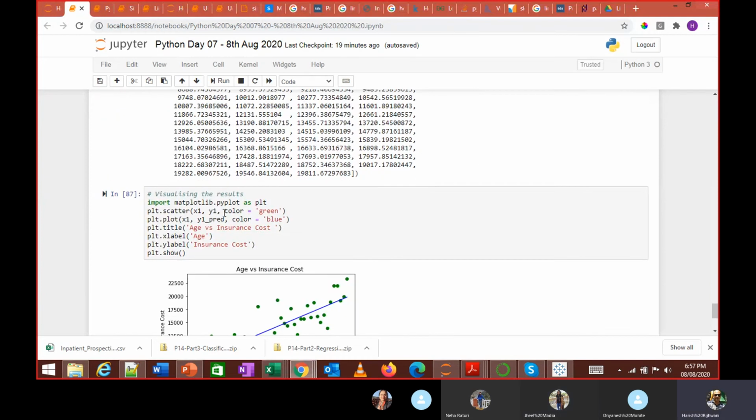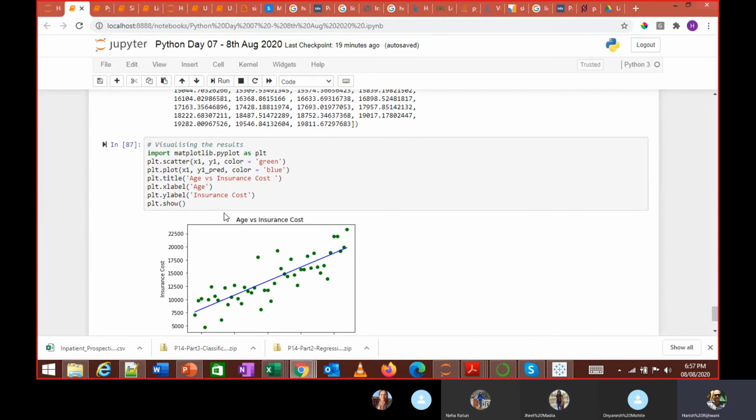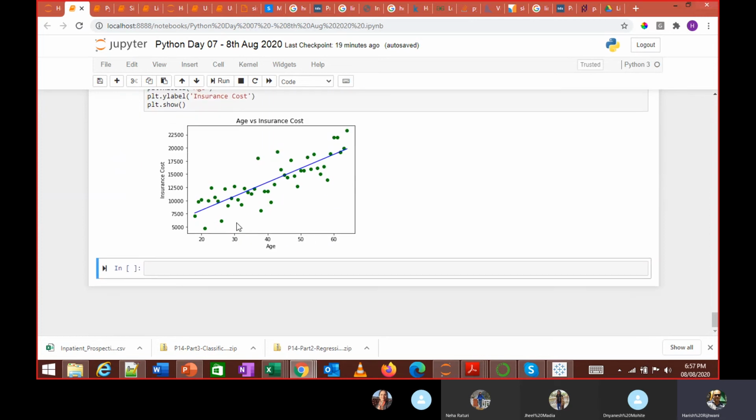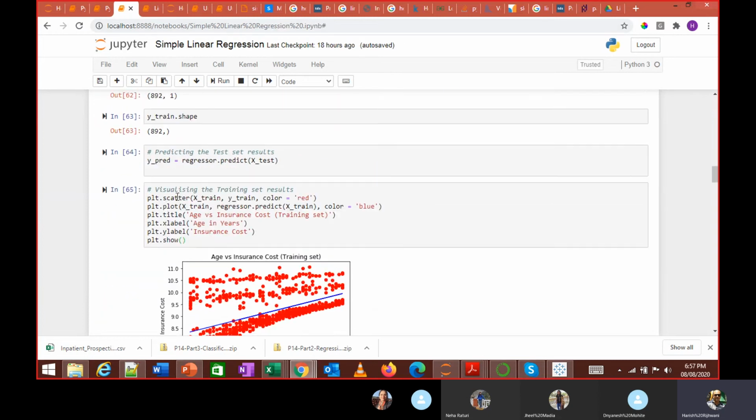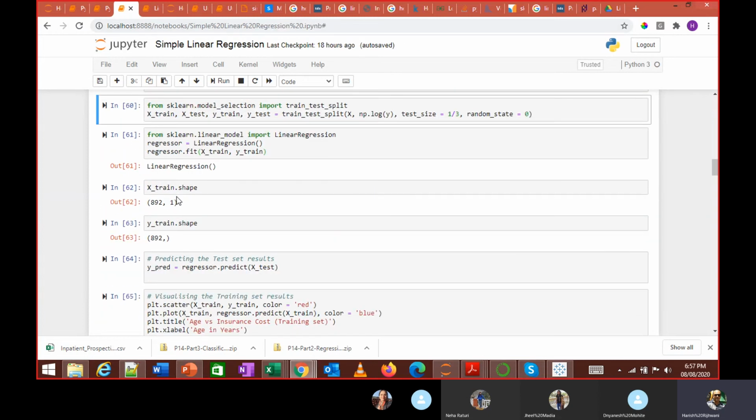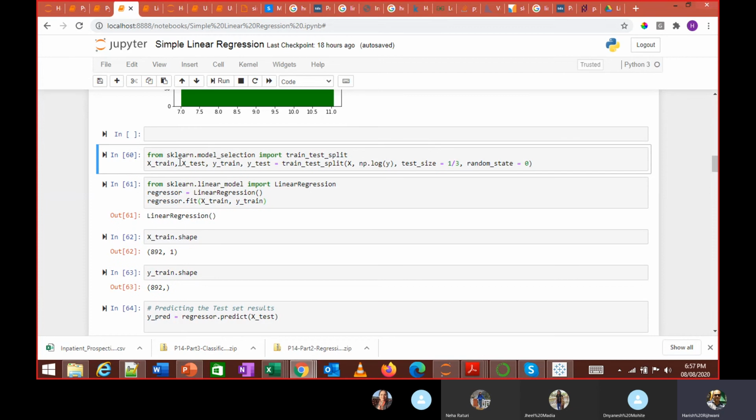Now, normally this is not how machine learning works. I can use the entire data to build the model, and if I have less data, it makes sense to use the entire data set. But normally you split this data into test and training.